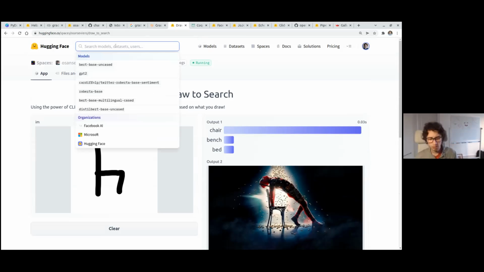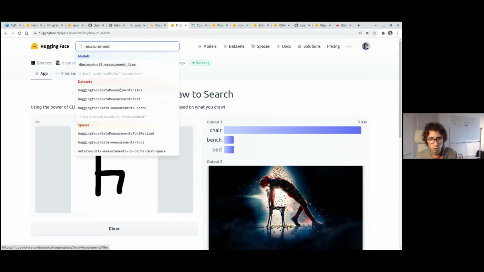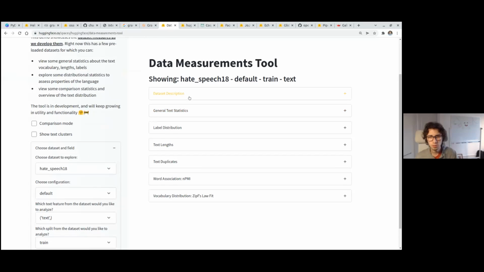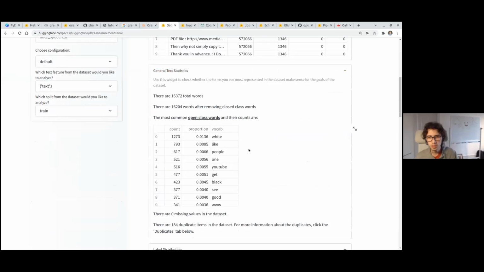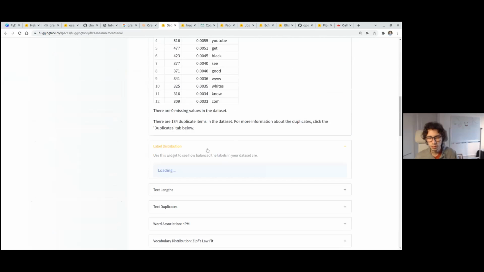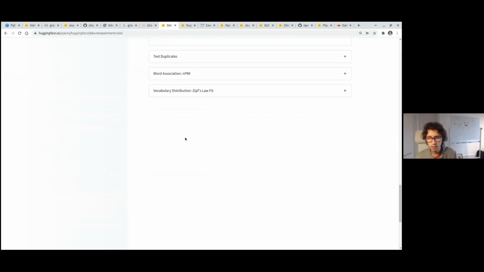I think I have one example. There is this tool called Data Measurements Tool. It allows people to input a dataset and do some high-level exploration of it, looking at high-level statistics, label distribution, text lengths, and things like this.